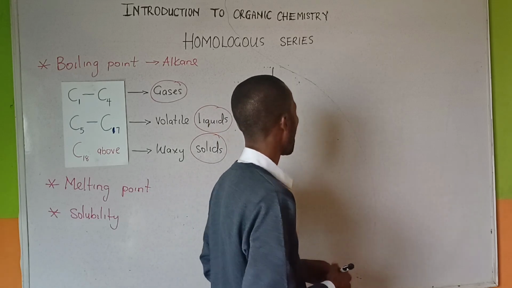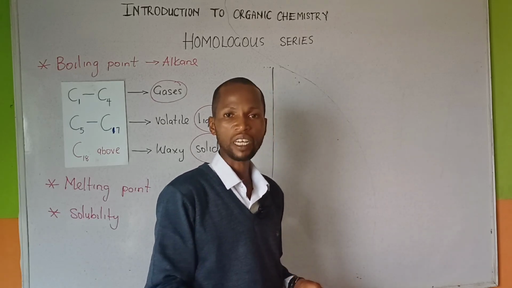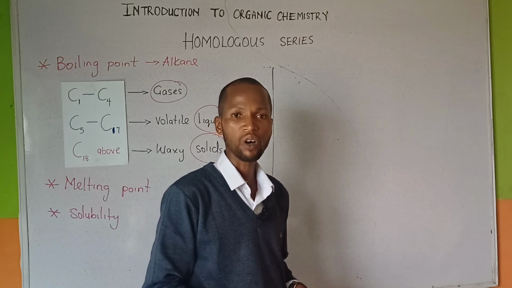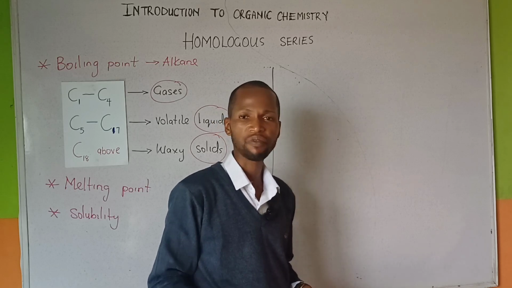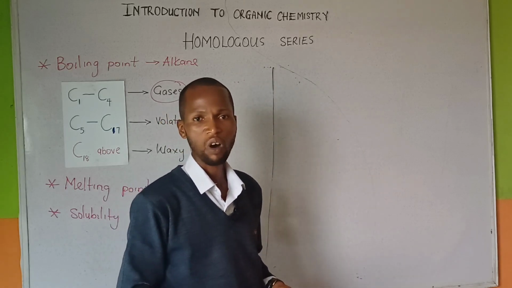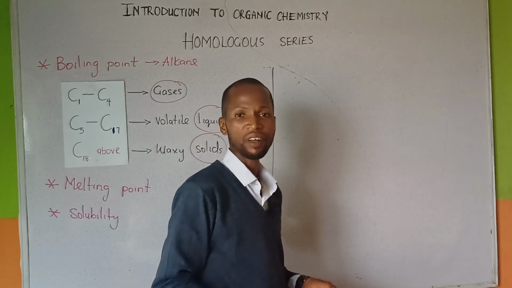Like for instance, we have the preparation of alkene from alkanol. What method do we use in the preparation of alkene from alkanol, or from alcohol? We can carry out the